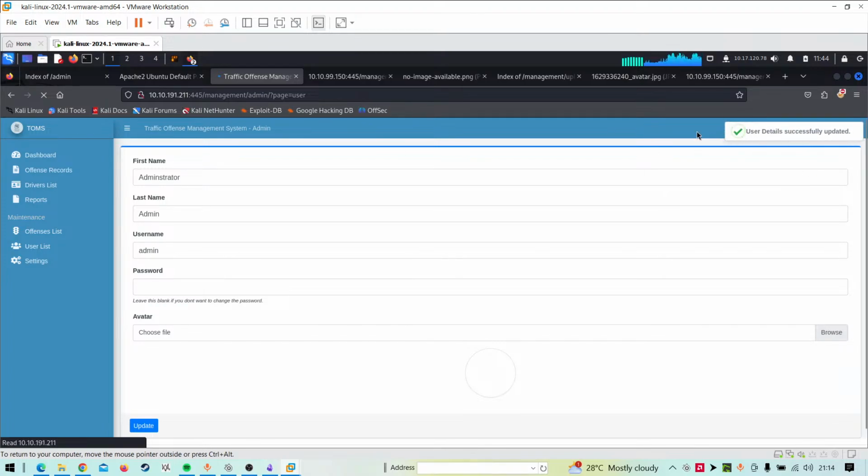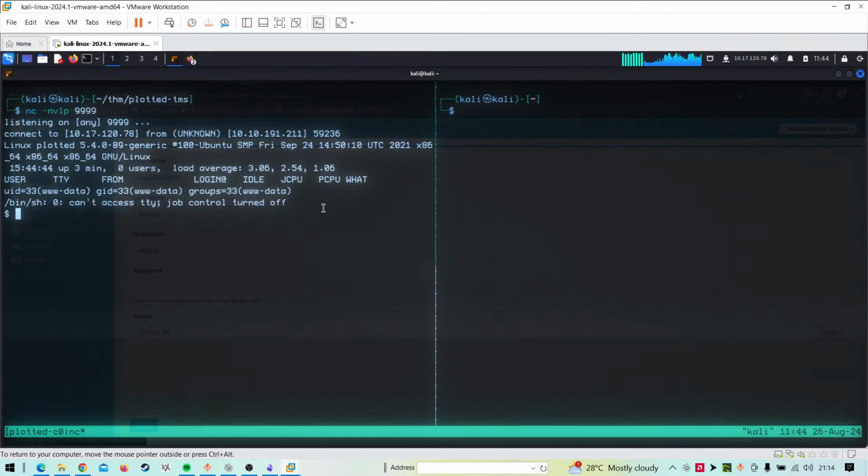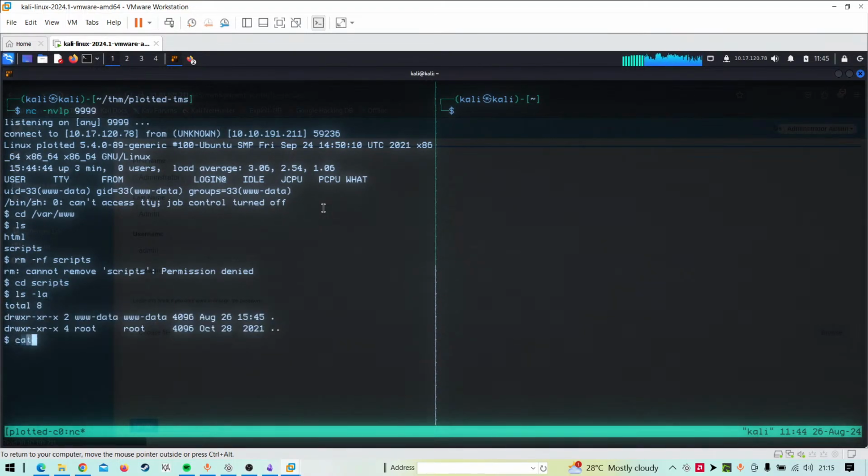So it's there. We get a shell, and we'll quickly go to our var tab, and there's a script. We'll remove the scripts. It's on a cron job. So we go to the scripts now, ls -la. The file has been removed. I think the name was backup or something, right?